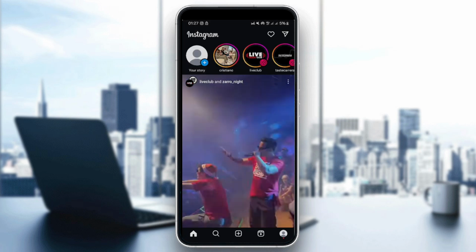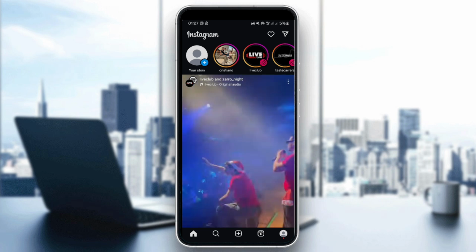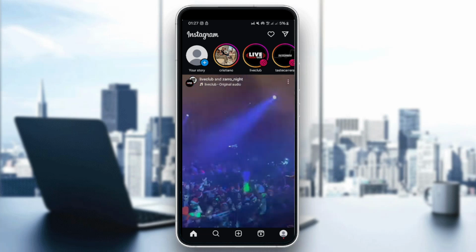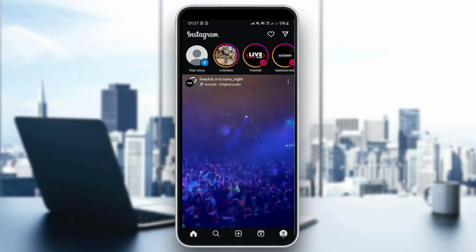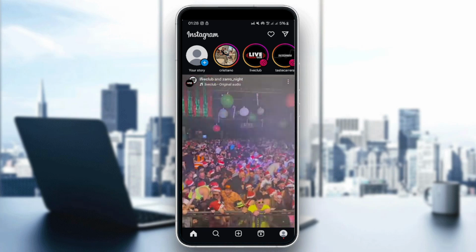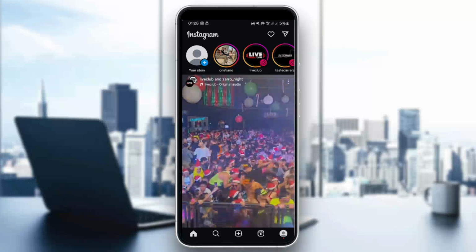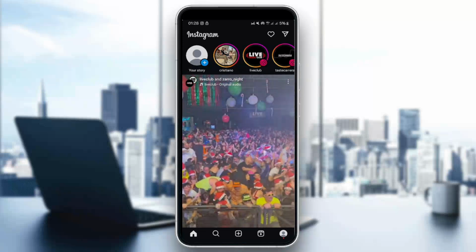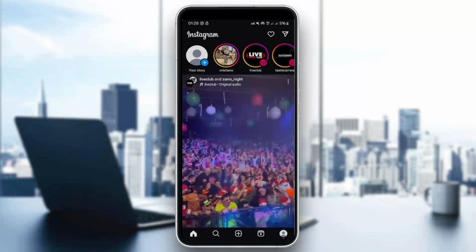Now if you don't have an account, you can create one very easily. It takes just a few seconds. You can also use Facebook to log in. Now after logging in, go to the direct message section by tapping on the paper plane icon right here